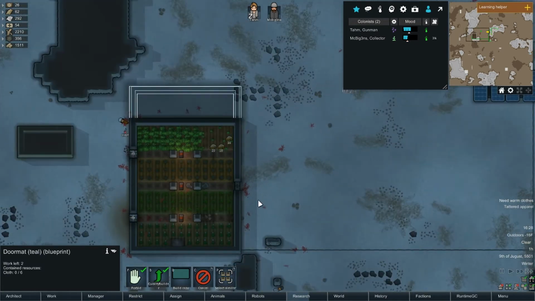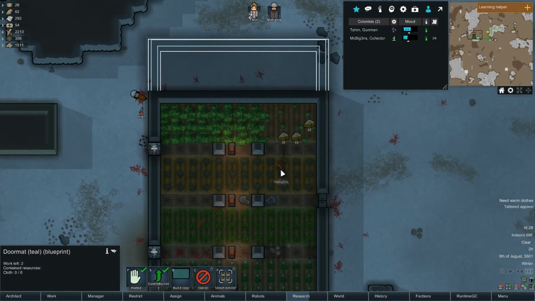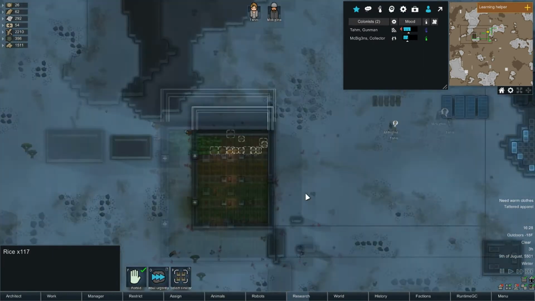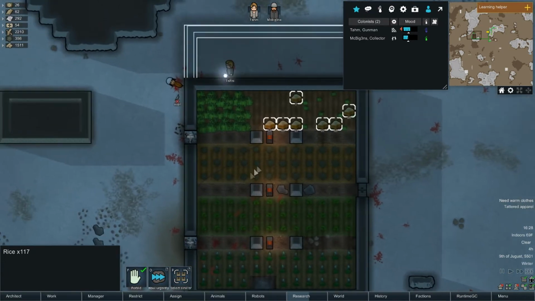Okay, looks like McBig3ns going back out to get some more food. I'm gonna try to harvest the rest of this rice. Failing a lot of the harvest there, that's fine though. Okay, so how much do we end with? 117 there. Tam used 20 to